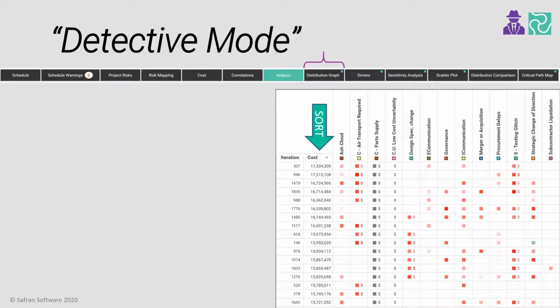travel. So to explain this, this is where you can delve into the underlying raw data from the simulation output. You can see which tasks occurred on which iteration, look for patterns and see if there's any scenarios or risks that conspire together to push the project towards unacceptable project outcomes. You can even click on the iteration hyperlink to take you back to a read-only view of the project in